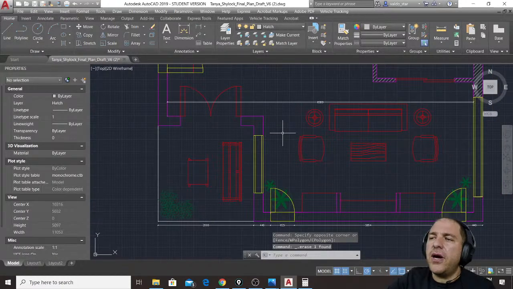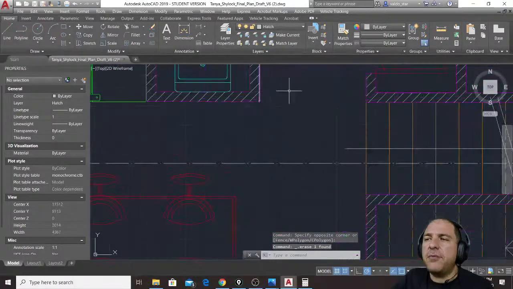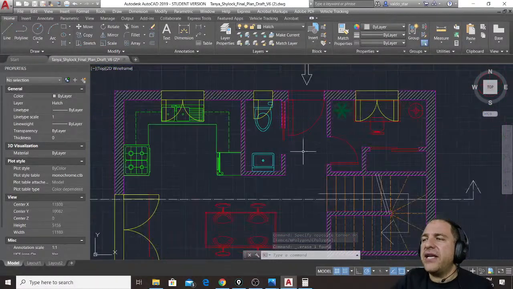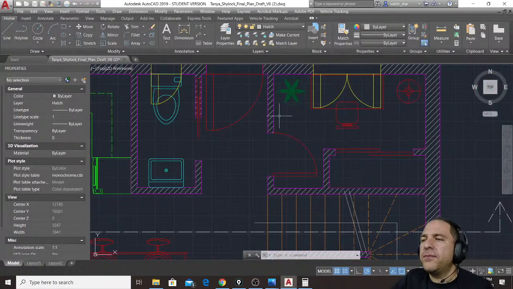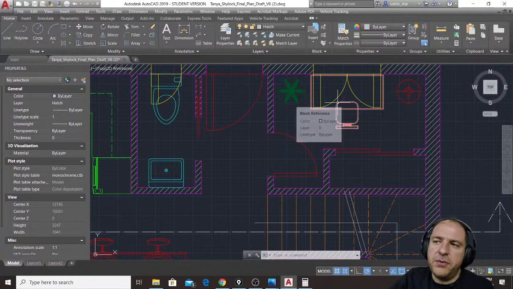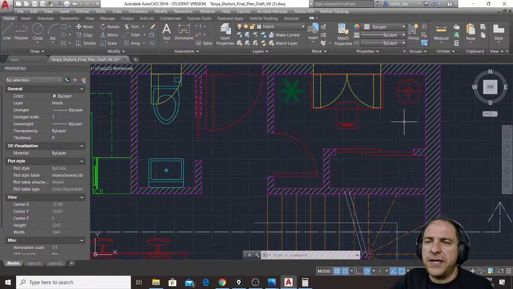So if you are making a project and your client asks you how many square meters this studio is, now this is simple because it's rectangular, but if it has a more complex shape,